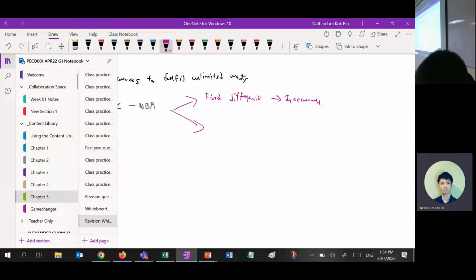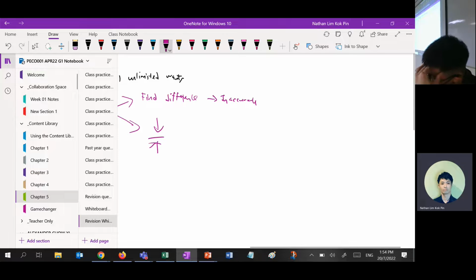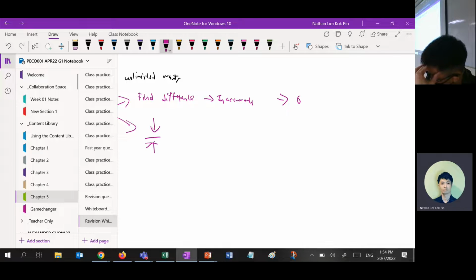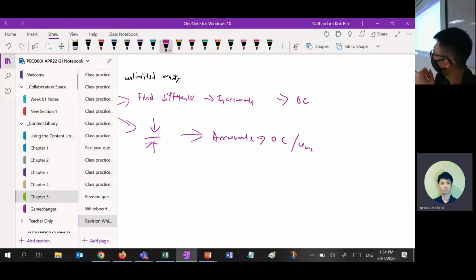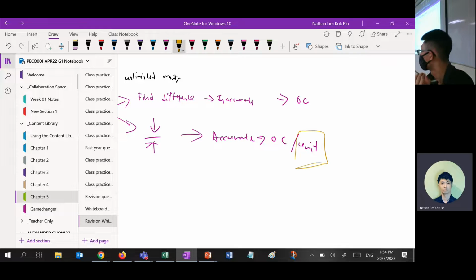Find the difference. Okay. Another method is decrease over increase. Right? Finding the difference is asking you to calculate the opportunity cost. Finding the more accurate one is known as opportunity cost per unit. For the calculation of this one, I want to see the unit. All right. That is chapter 1.